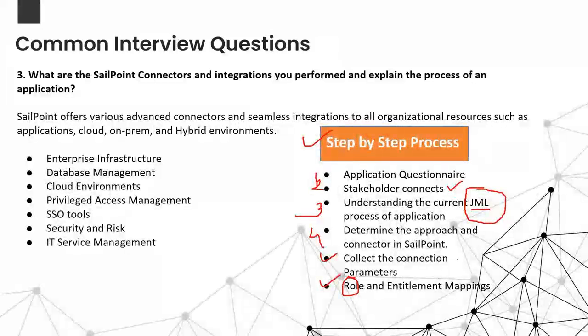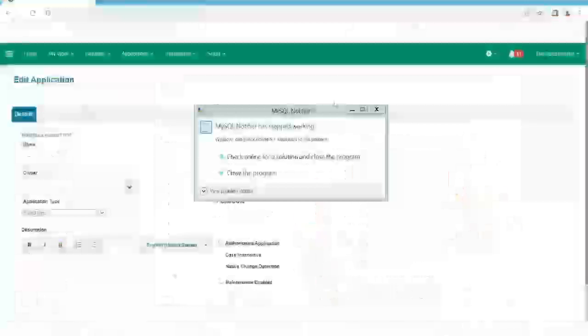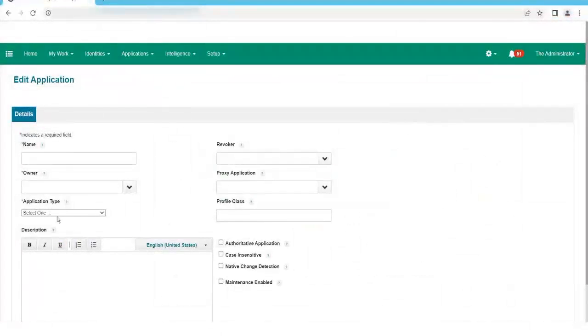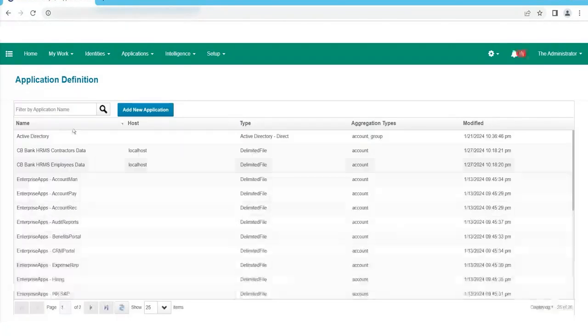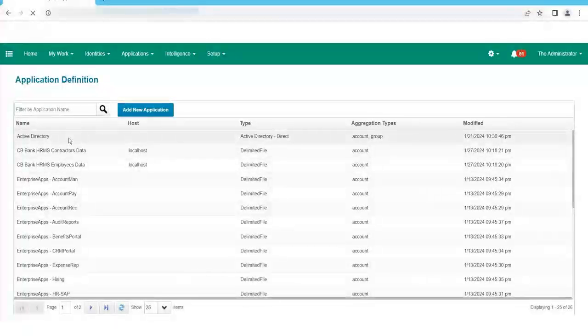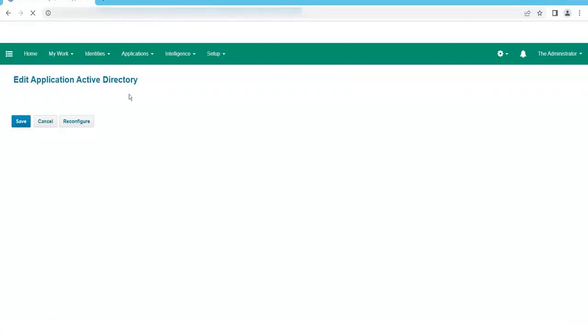Let me take an application and show you that information. Let me take the onboarded application, or maybe a new application connector you can take. It would be the same thing, guys. Let's take Active Directory itself, as it's already onboarded. Why do we need to know the ownership in the application questionnaire?